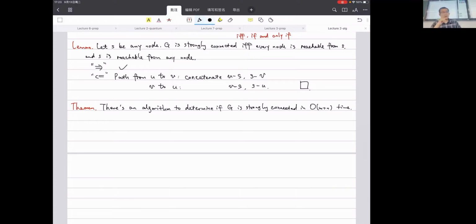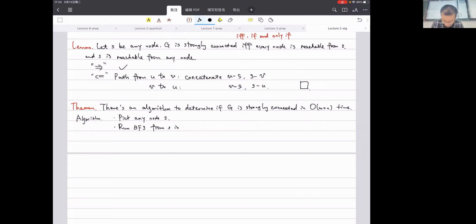So the algorithm is actually relatively straightforward. Maybe we have this kind of bound, like O of m plus n. You just want to think about BFS as really our friend today, and have a good way to actually utilize the BFS algorithm. So we can consider something like this. We pick any node S, so we run BFS